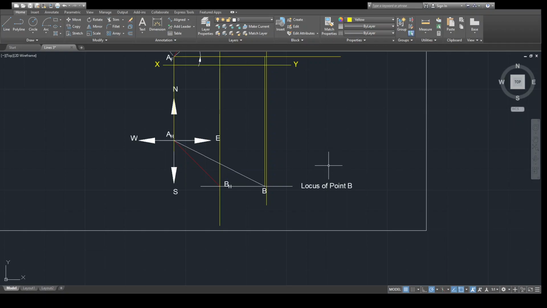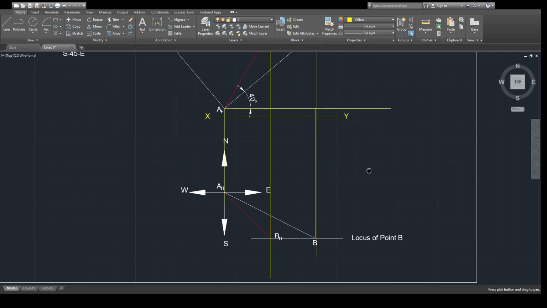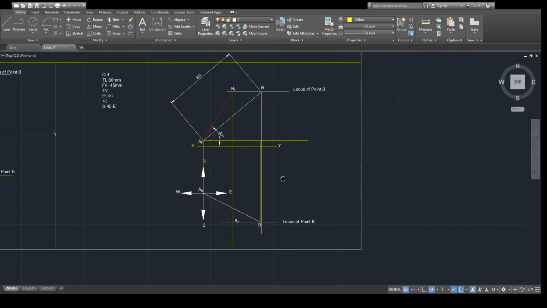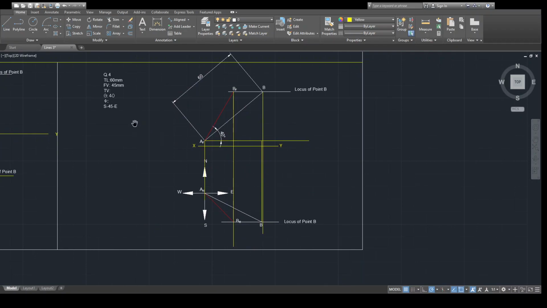So you can measure this angle. This angle is nothing but the angle made by the line with respect to the vertical plane, that is phi, that is the true inclination. So same problem, no doubt, no change. What we have solved previously, the same problem, but the only difference is that instead of beta we are using the convention bearing S45E, and accordingly we are solving it.